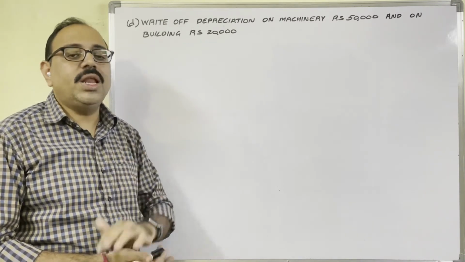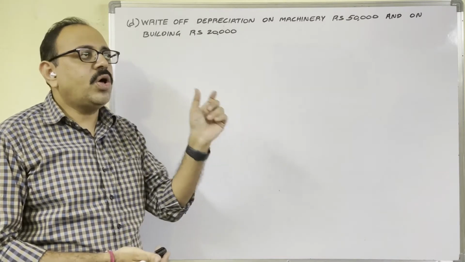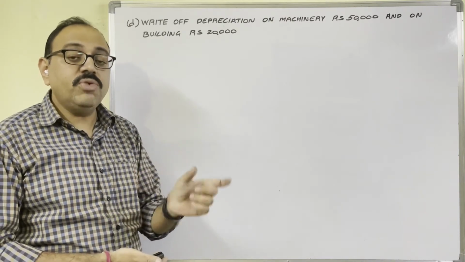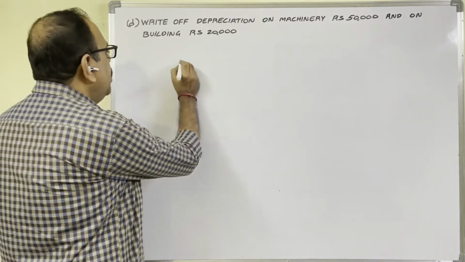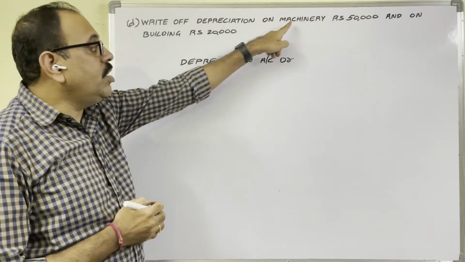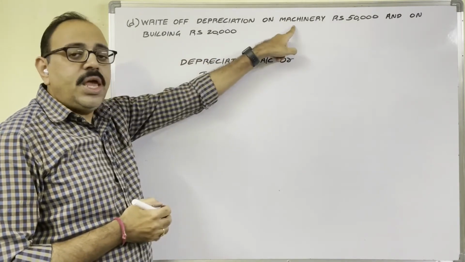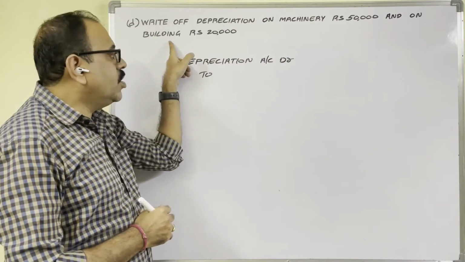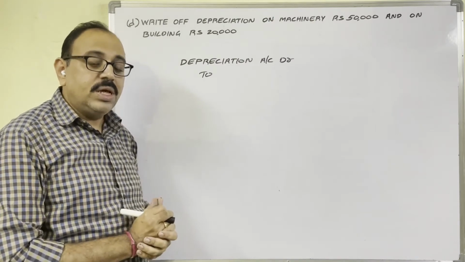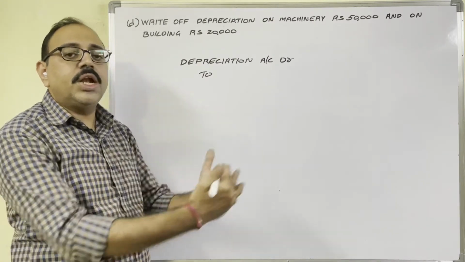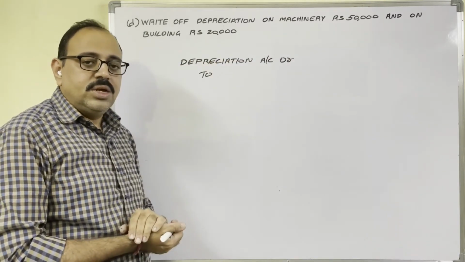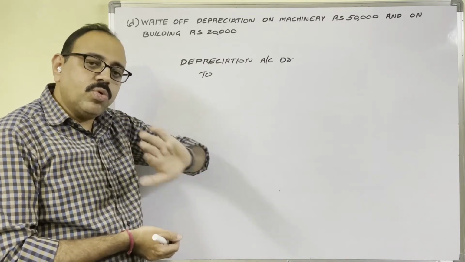So depreciation is a loss. Losses come under nominal account. Nominal account rule, debit all expenses and losses, credit all incomes and gains. Depreciation is a loss now, so we should debit depreciation account. Depreciation account debtor. 2. We are providing depreciation on machinery and building. Machinery account is a real account. Building account is also a real account because these two are assets. Assets come under real accounts. Real account rule, debit what comes in, credit what goes out. So from machinery value, 50,000 is decreased. Means 50,000 worth of machinery is going from the firm.